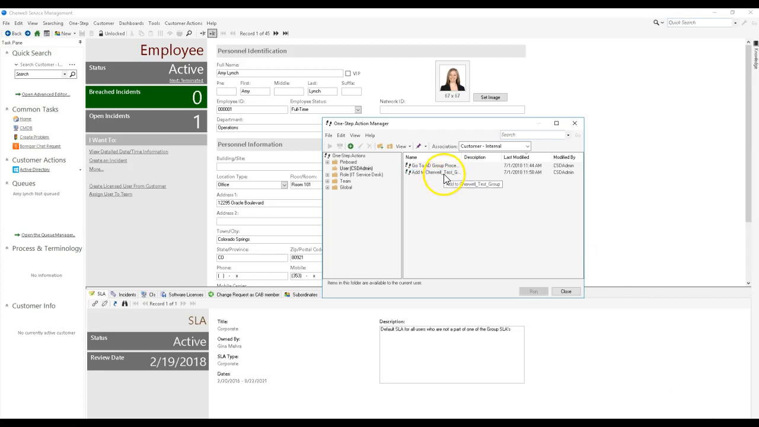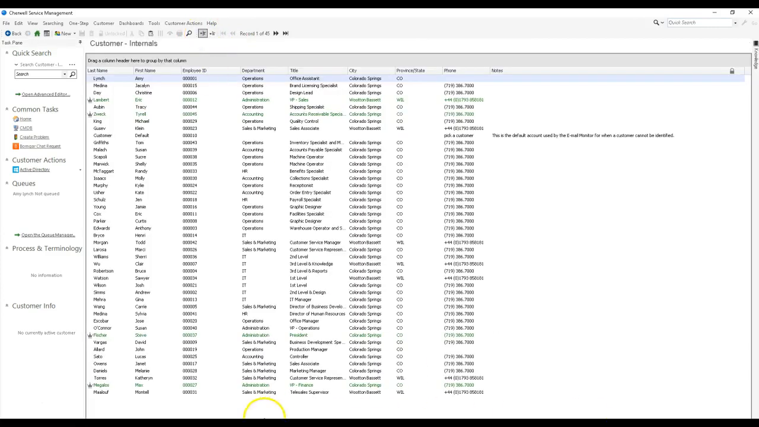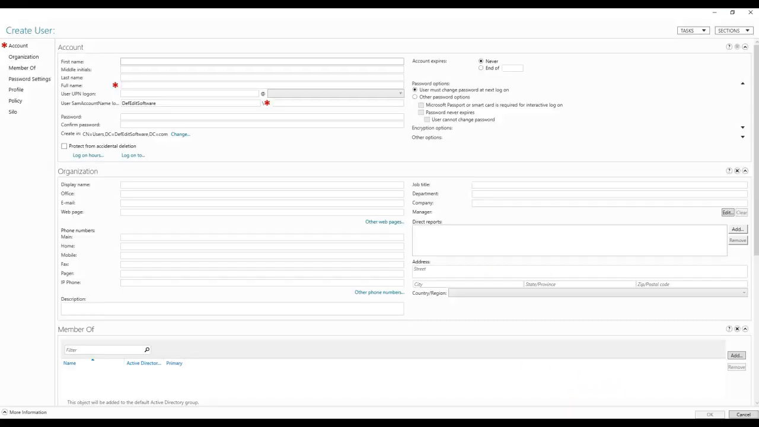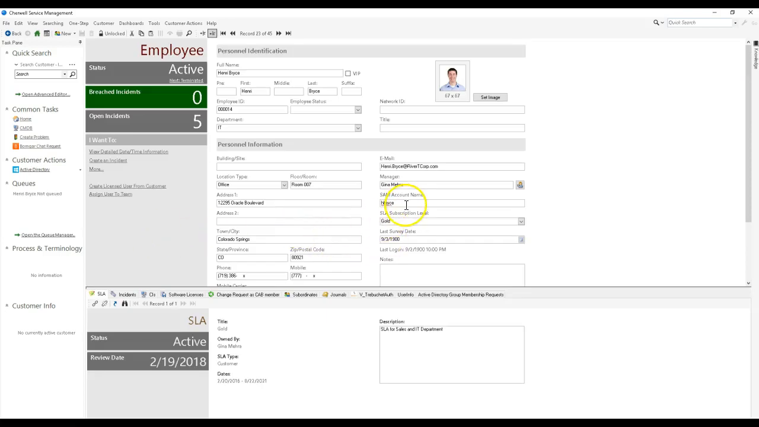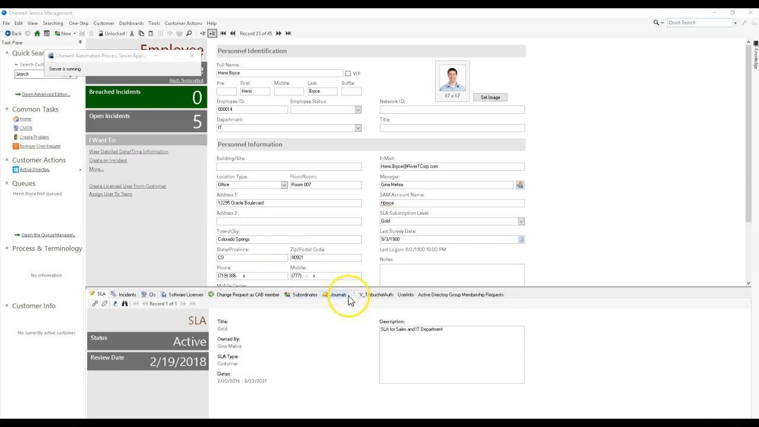So now all we have to do is run this on someone else. That requires us creating another user. Let's see, who's going to be the special person? We're going to create a user account for Henry Bryce. And then Henry is going to get added to our group,